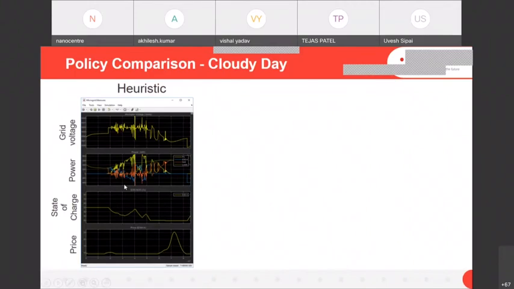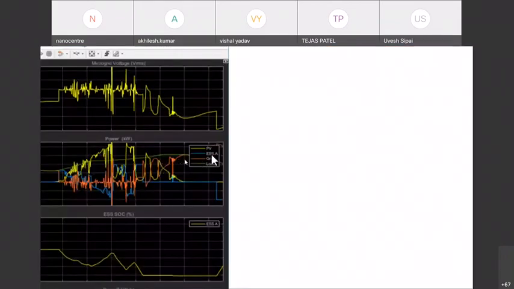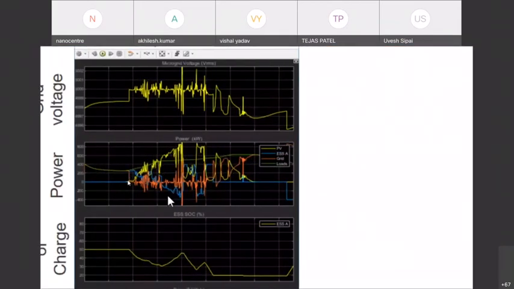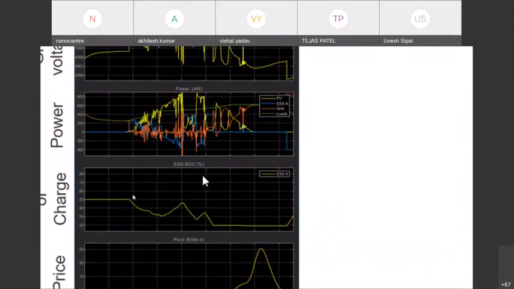So you see that there is a heuristic way. Here you see this is the grid voltage. This is a cloudy day, which is why the voltage from the grid is very zigzag, coming up and down because of this cloudy environment. As well as here, you see the PV voltage also going up and down so much because of the cloudy day. And this blue one which you see is the charging and discharging of power from the battery. We are not taking any power during this duration. When it is day, in this part, we are taking the power. That's why it is charging and discharging the battery.